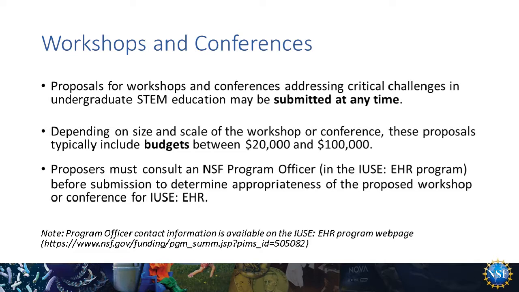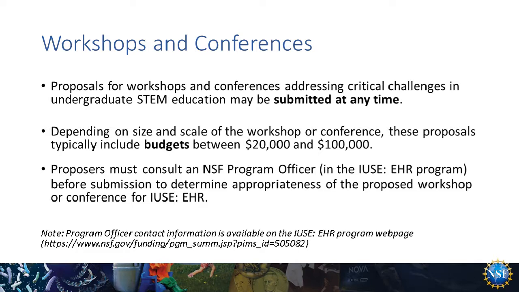Workshops and conferences are another important piece of the IUSE program. We encourage submission of proposals for workshops and conferences that can address critical challenges in undergraduate STEM education. And these proposals may be submitted at any time. Depending on the size and scale of the planned workshop and conference, the proposals typically would include budgets somewhere between $20,000 to $100,000. A requirement for these types of proposals, however, is a prior consultation with an NSF program officer